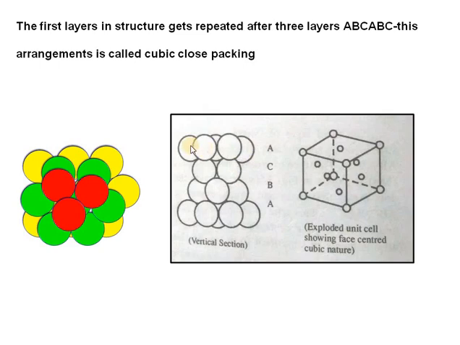Similarly, this other. So 3 layers. After 3 layers, the structure of this face centered cubic will be repeated again to get the arrangement which is called a cubic close packing structure.